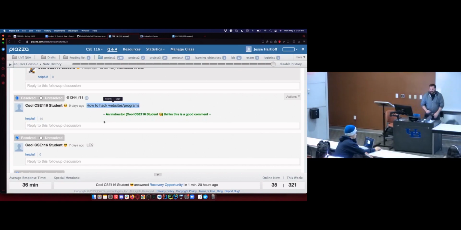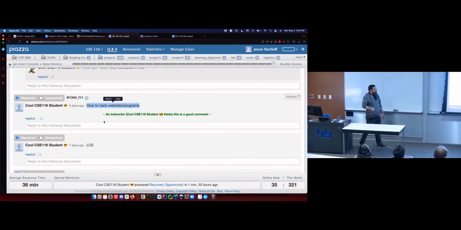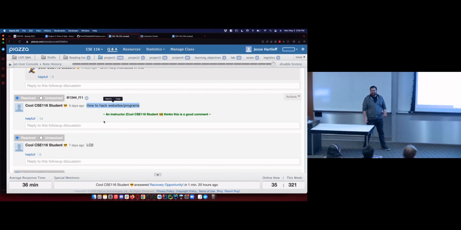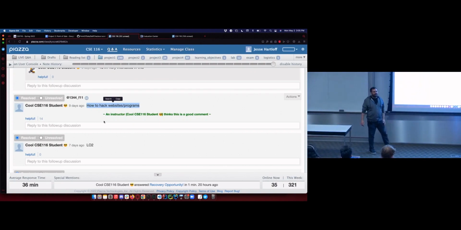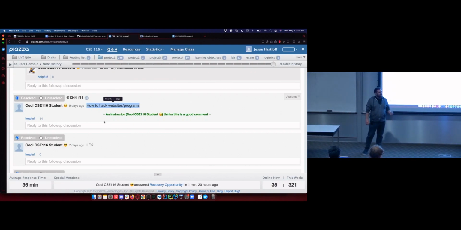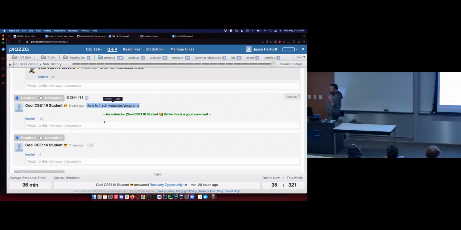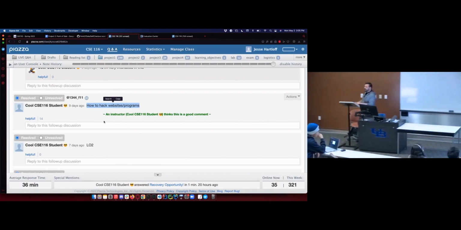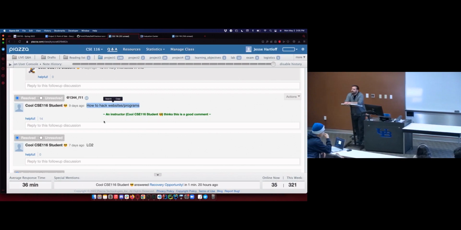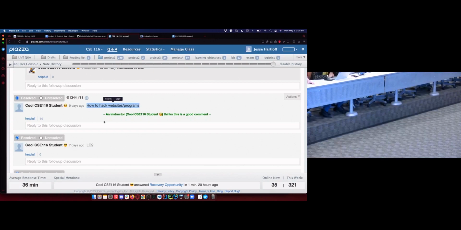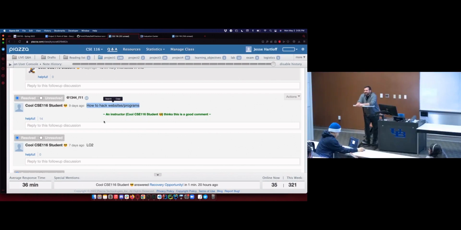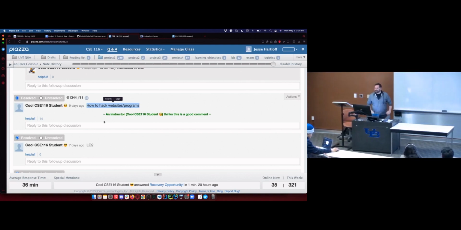How to hack websites and programs. If you can, I need a little more to go off of. I mean, I can just take that and run with it, whatever I feel like doing, but specifically what you want to see. So I've kind of hacked Piazza right here to remove all your names. I can show you how to do that, I guess. Can you hack the Russian government? Yes, but you've got to pay me. I don't do that for free. That's fair. I guess you are paying me, so maybe I should.